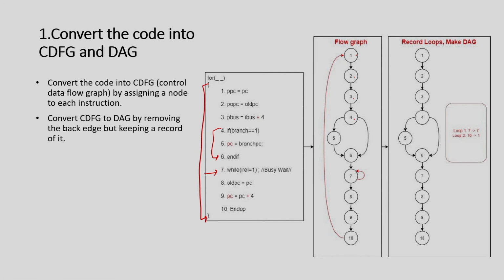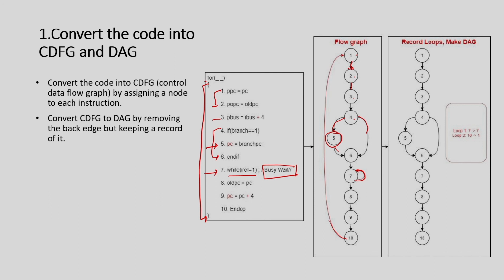So, that is done, and then since there is a control flow here, because after operation 1, operation 2 has to be executed, I am going to add an edge here. Similarly, I am going to add an edge here, and after node 3 there is an if-else. So, I am going to add an if-else here, and the basic block corresponding to this is 5, and this will come to here. You can understand that. And this while loop has no body, it is basically a while one, a busy wait. So, I just have a loop here, and then operations 7, 8, 9, 10 will be there, and there is a back edge, because of this for loop.